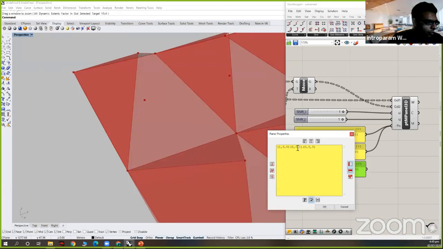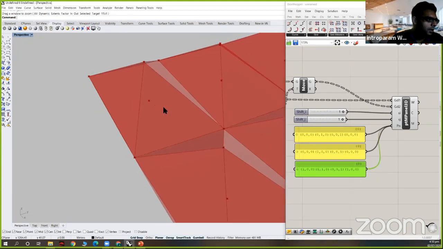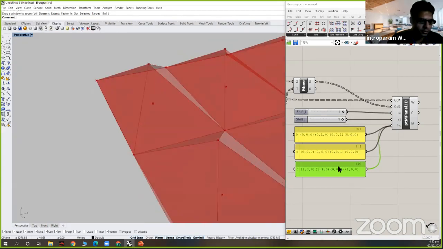We need to go 1, 1, 0, 1, 1, 0, back to 0, 0, 1, which is the top guy, and starting point, which is 1. There we go. And similarly, we can just close it out by using the 4th one, which is